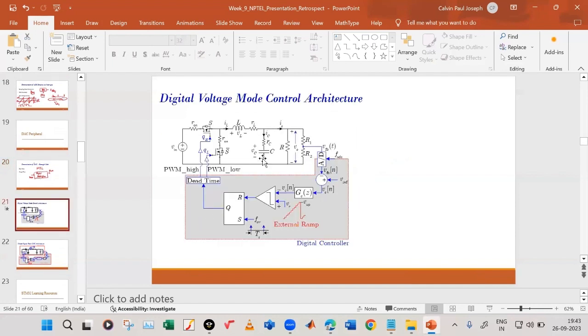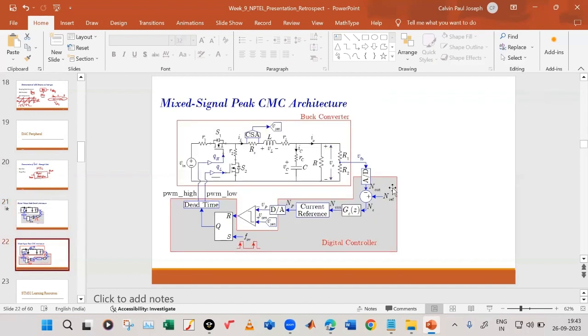Okay, so similarly, for digital voltage mode control, the architecture, right? We have an ADC, and this is the ramp counter. All these you can implement in the microcontroller using the timer and the ADC. Okay. Similarly, for mixed signal current mode control,